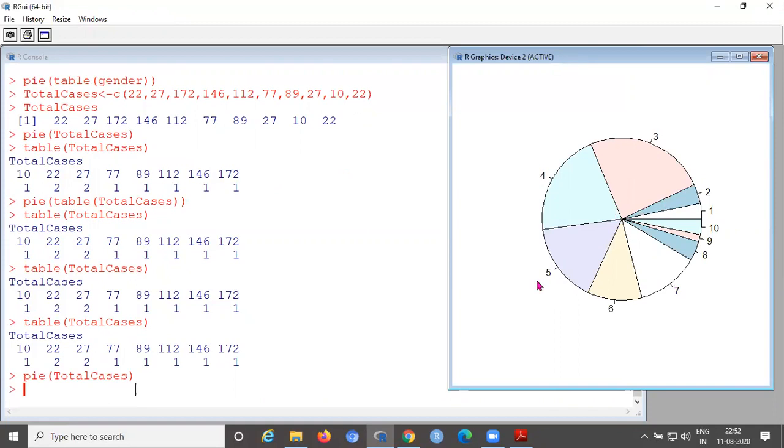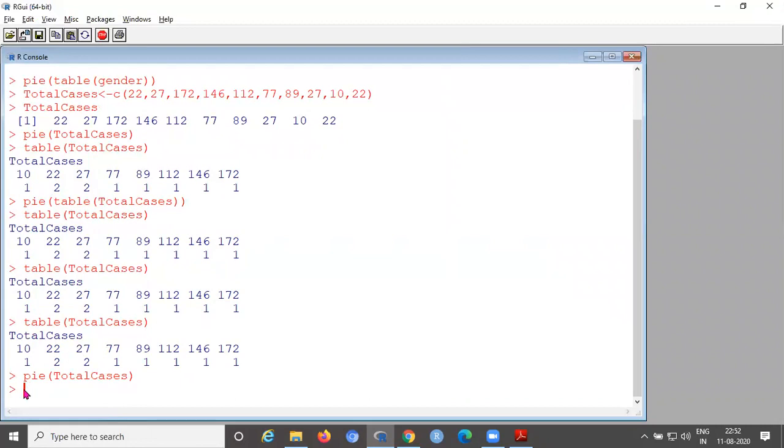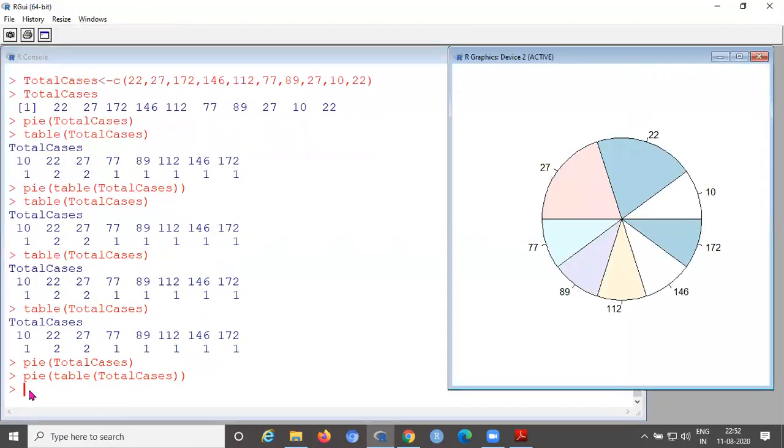Now you can see the values are numbered 1 to 10, the observations in serial number order 1 to 10. So whenever you are using absolute frequency, the table headings will be taken. Now you can see pie of table of total cases. Here you can see the table headings 10, 22 are taken as the values of the partitions. That's the difference between default and absolute frequency values.